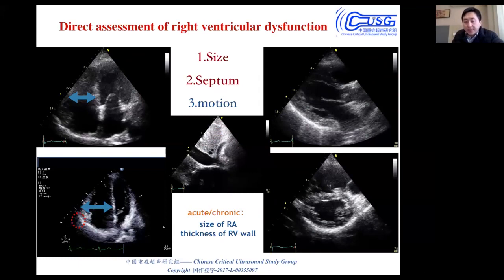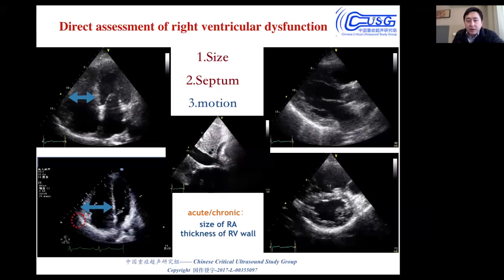If pulmonary hypertension occurs, the right ventricle could be enlarged because of its thin wall thickness. So we assess the size